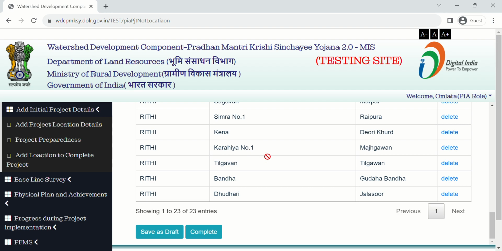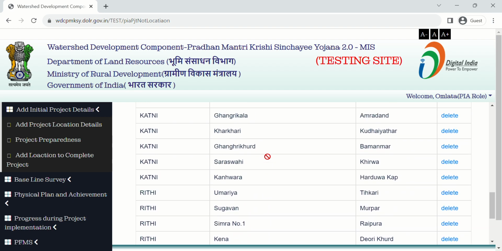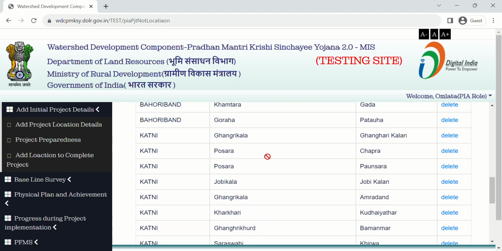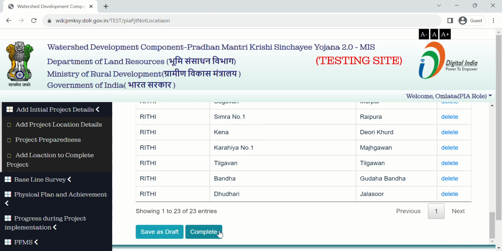So make sure all your data is correct. Please note that after completing the data, you will not be able to delete or add any further information. After verifying the data, you have to click on complete button.